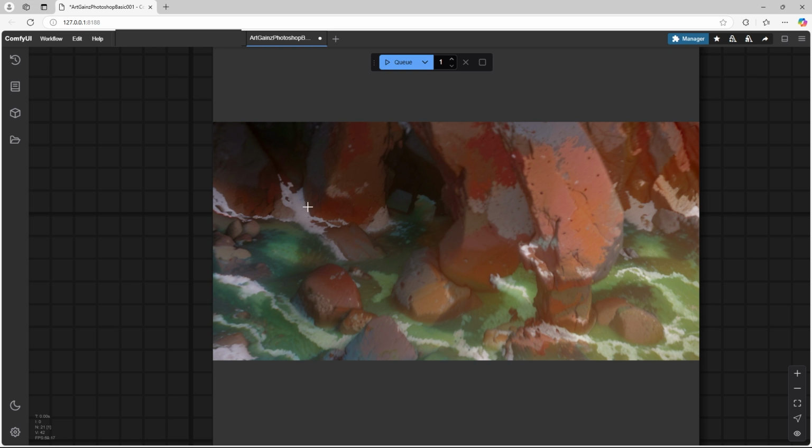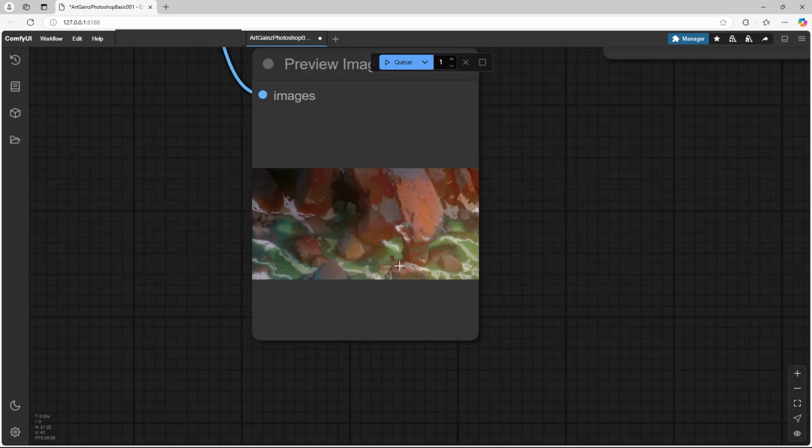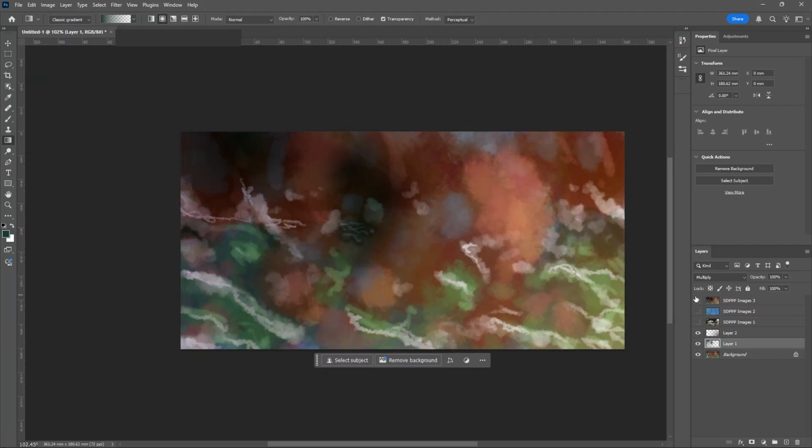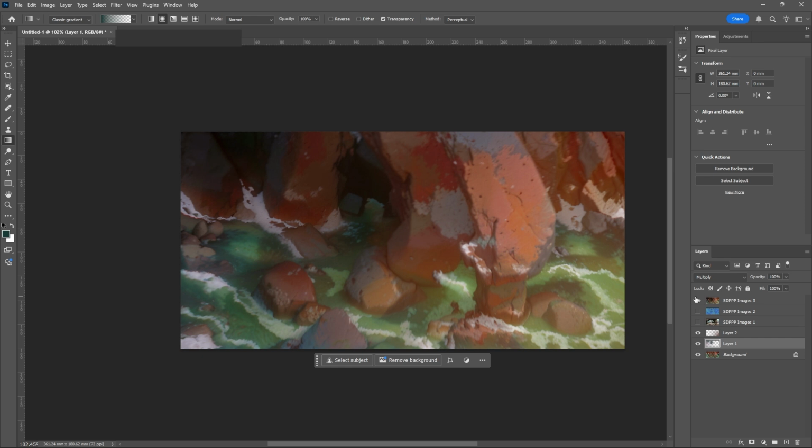I don't know what to do. This is so cool. So it's brought that into my image here. As you can see, it has tried to match some of the patterns that I've been working with and give them a little bit more detail. And that is so cool. Now,